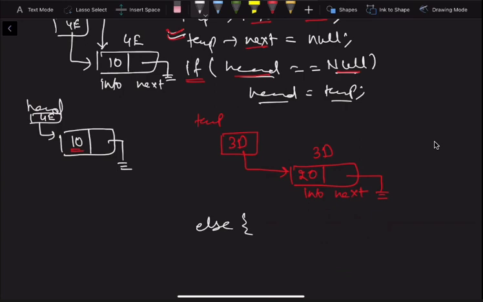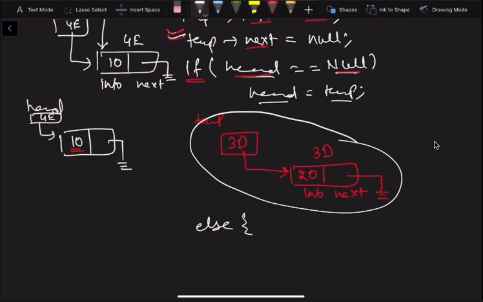And what should you do in else? It depends on whether you want to add the new node before the previous node or after the previous node. Let's say I'm doing the easy one first. Let's say you want to add this node before the previous node. That is insertion at first. We had studied insertion at first, insertion at end, insertion in between. This is what we have to study. So first is the easy one, insertion at first.